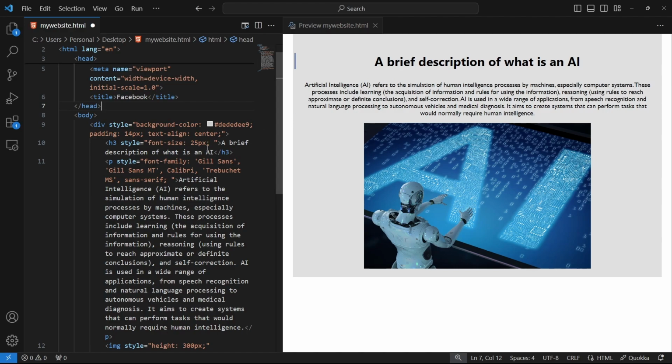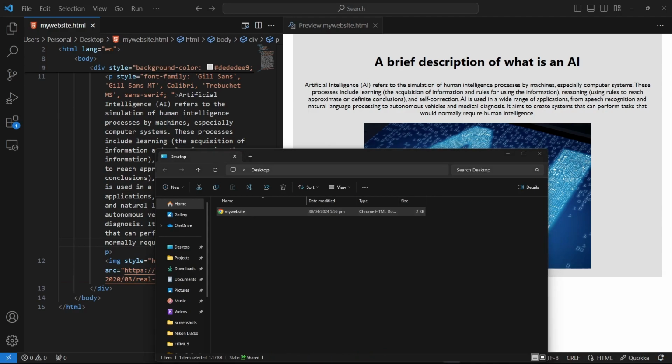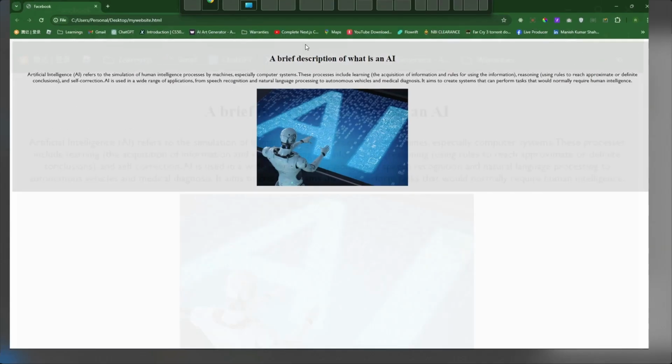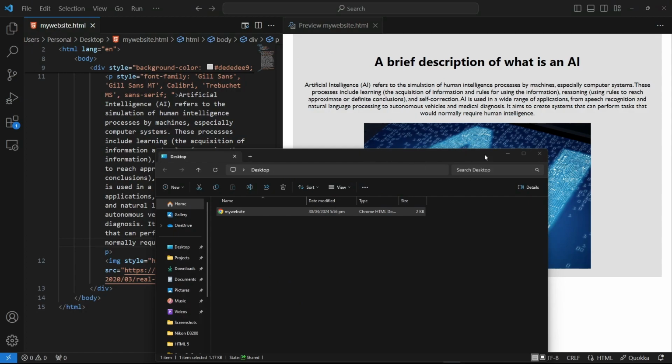We already applied styles to our div, H3, paragraph, and on the image as well. Pwede pa kayong mag-add ng kahit na anong style on different elements. Just try to play around on your code for now. So let me just open up my browser. This is the code that we have on our browser. I think that's it for now for the styles, guys.